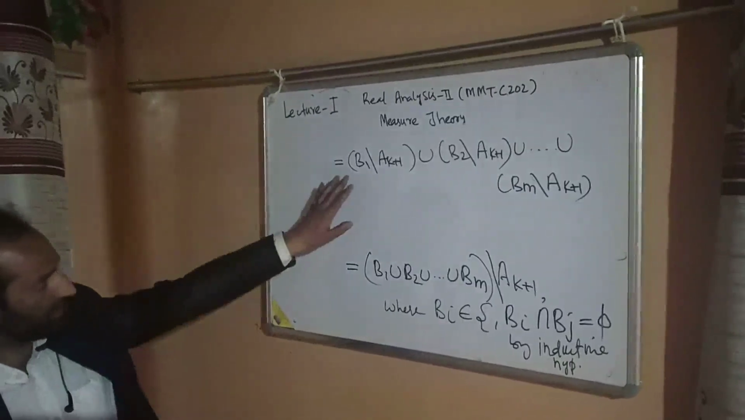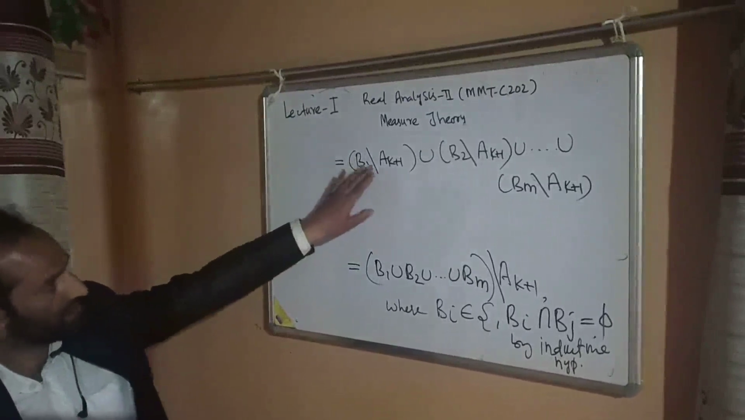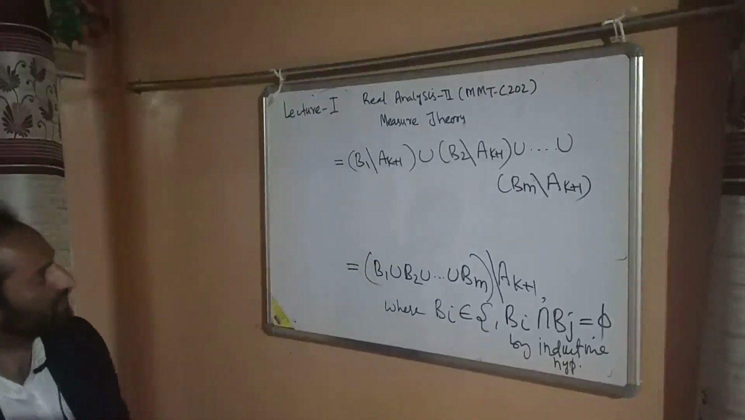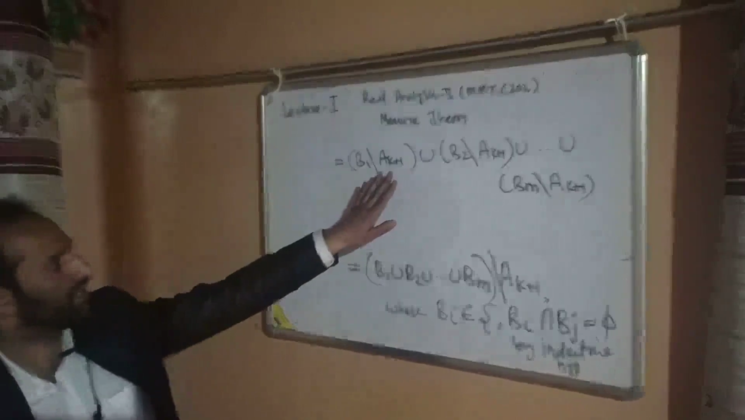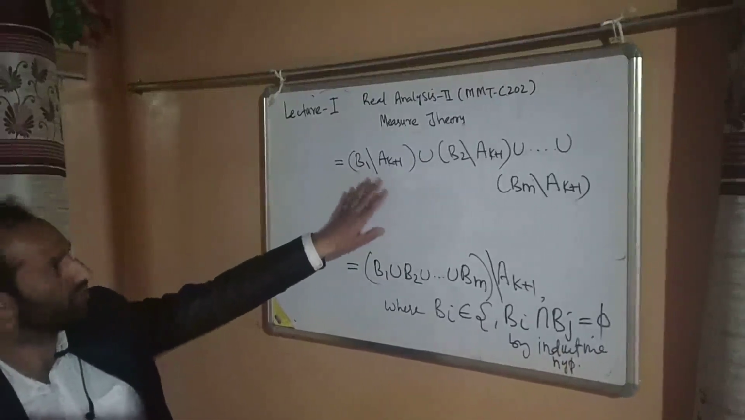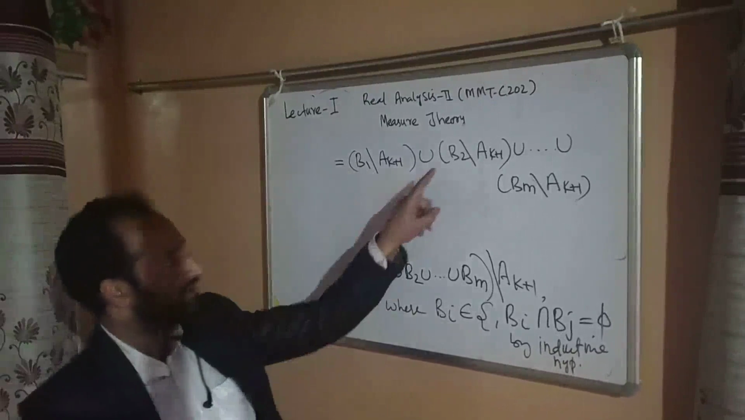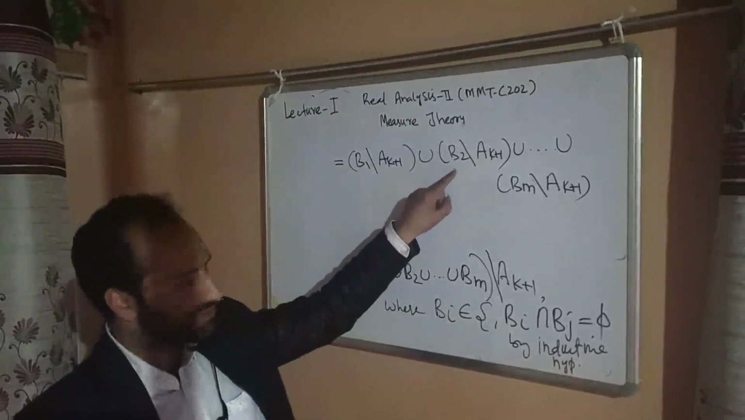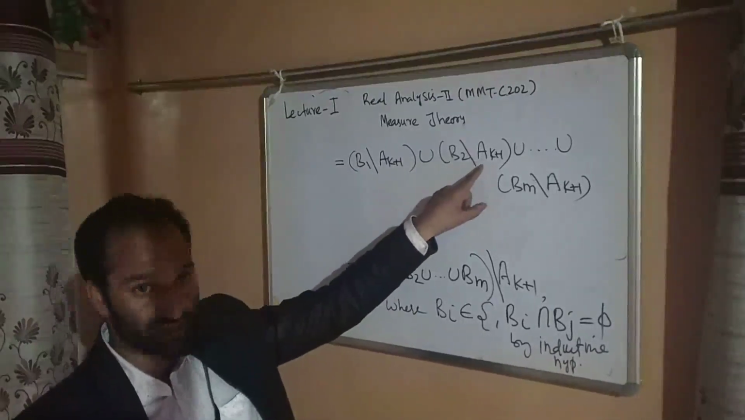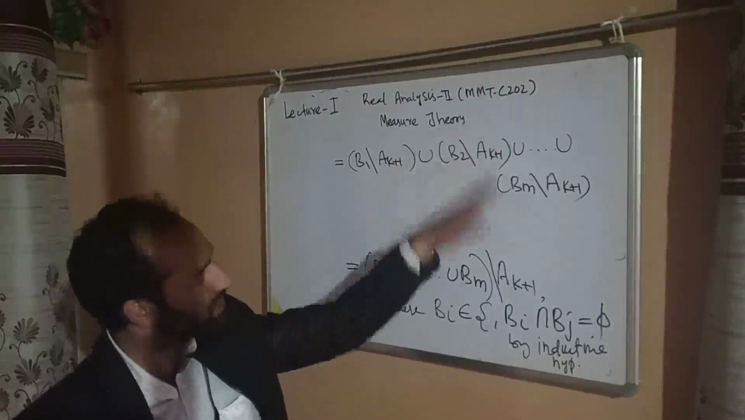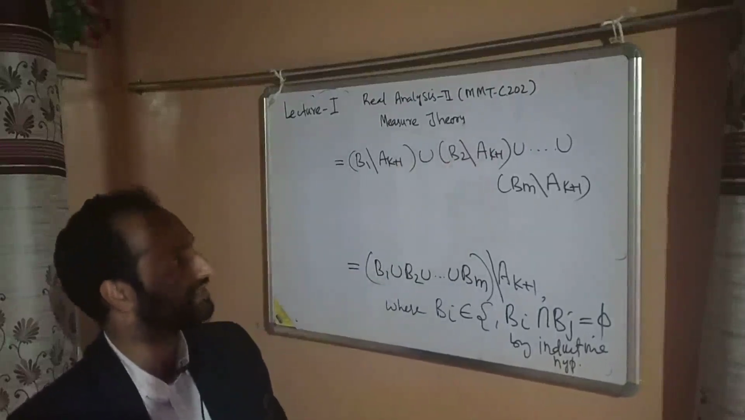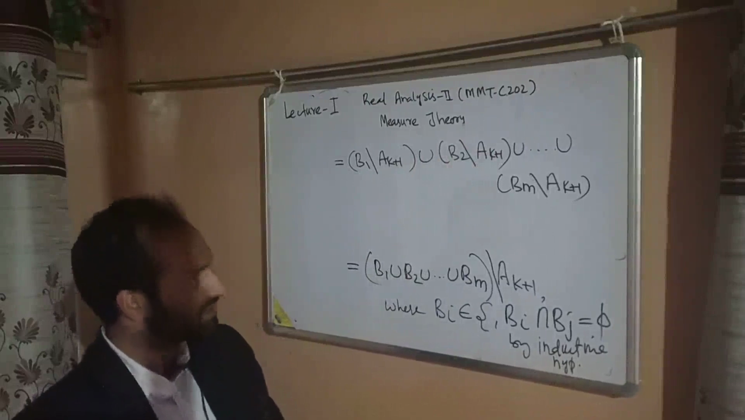Next, B1 is a member of S, and Ak plus 1 is also a member of S. Therefore, B1 minus Ak plus 1 can be written as a finite disjoint union of members of S. Here, B2 is a member of S, Ak plus 1 is also a member of S. Therefore, B2 minus Ak plus 1 can be written as a finite disjoint union of members of S. And finally,